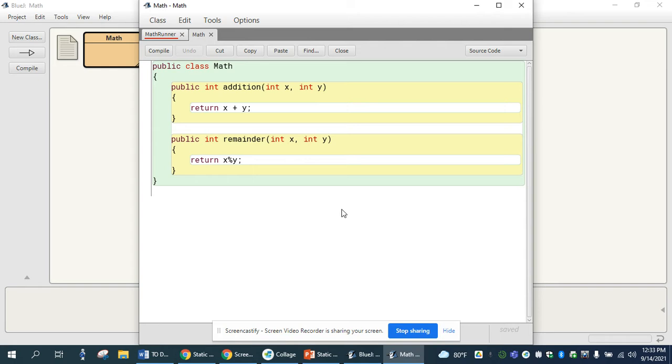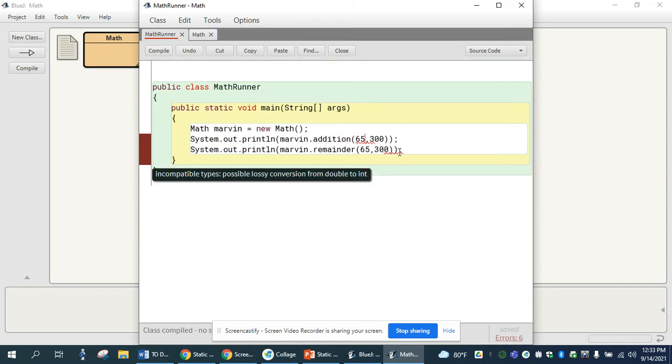We could add two numbers together using the method addition, or we could get the remainder by using the percent sign, which is the mod. So these two methods, they're not void methods. They return a value, and specifically it's returning an integer. In order to use them, I have to do a couple of things here. I have to first create an object, and then,